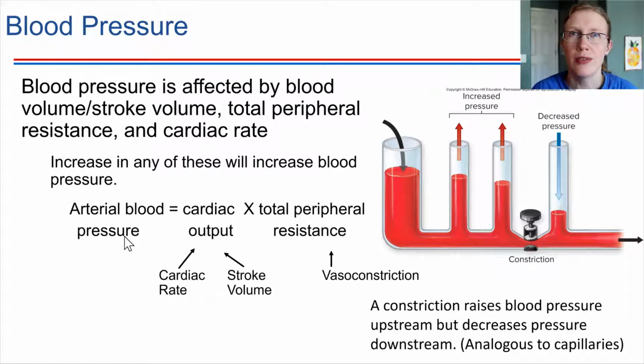Think of a hose. I'm sure you've played with a hose. If you haven't played with a hose, you've got to do that this summer. Go outside, turn on the hose. If you put your thumb over the end, what happens? The water starts spraying out more quickly. Okay, so making that constriction at the end, where you put your thumb on the end of the hose, that constriction increases the pressure and the water flows out more quickly as a result.